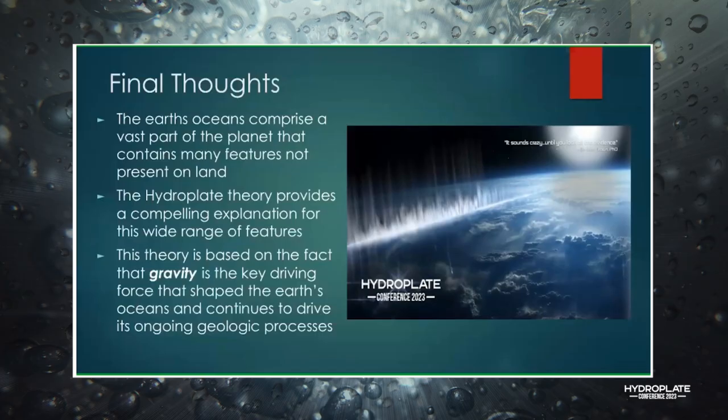So if you think about all the original mass of the Earth, some of it, according to the hydroplate theory, left the Earth. So some of that mass makes up the asteroids, the trans-Neptunian objects, meteorites and comets that circle in our solar system. But the vast majority of it obviously stayed on the Earth. There was torrential rain that came down. A lot of that water was ejected out and went up into the air and fell down as rain and mud and hail and rocks. There were vast amounts of sediments that came out and created, in some places, thousands of feet of sedimentary rock, but most of the mass stayed here.